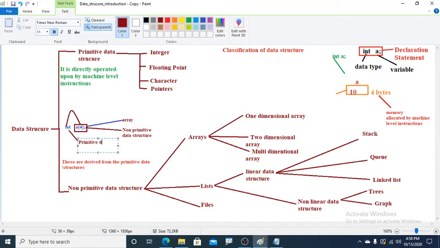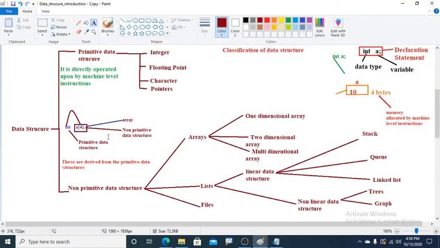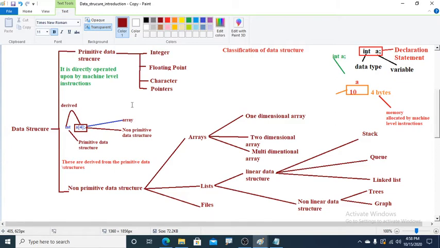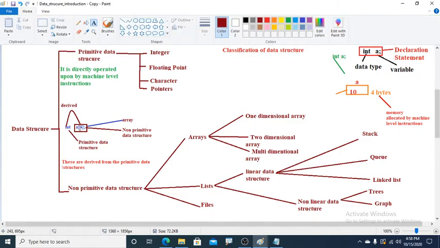So int is a primitive data structure. Non-primitive data structures are derived from the primitive data structures. I am writing here, derived. Again I am explaining, a of 4 is an array. It is a non-primitive data structure derived from the primitive data structure. This is the definition of non-primitive data structure. The same list as well as file also we are doing like this. I have taken this example. The rest of the examples in coming classes we will learn.